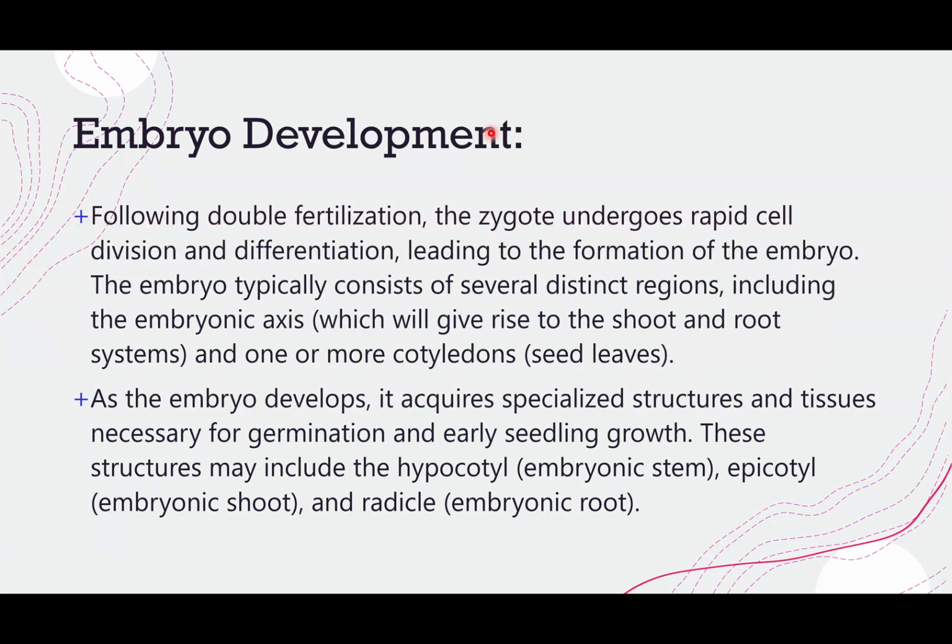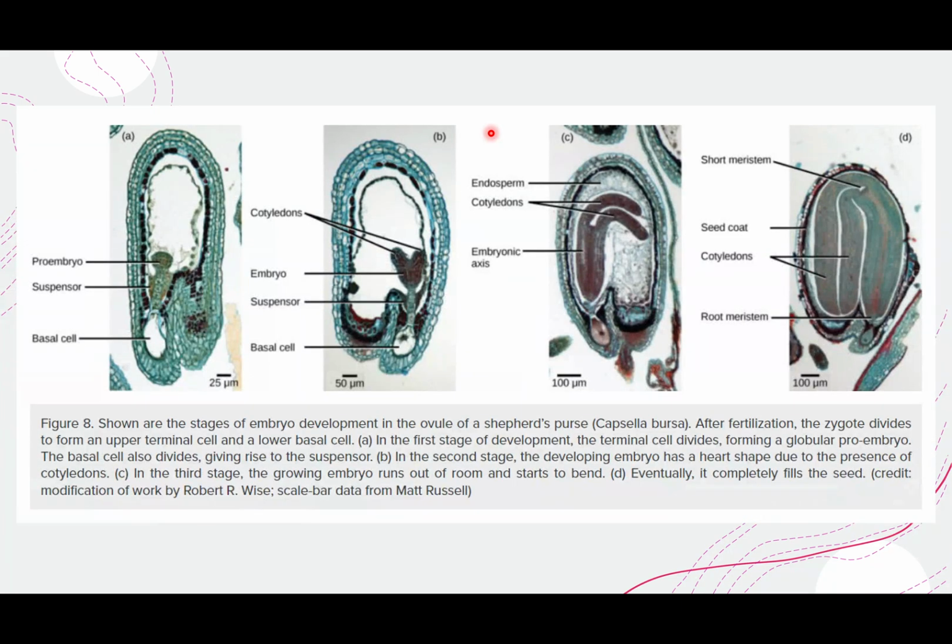Which one is the root system? Plumule or radicle? Which one is root and which one is shoot? Go ahead. The radicle is the root, and the plumule is the shoot. All right, so this is what we have here. Lovely. So this shows the stages of embryo development in the ovule of shepherd's purse, or